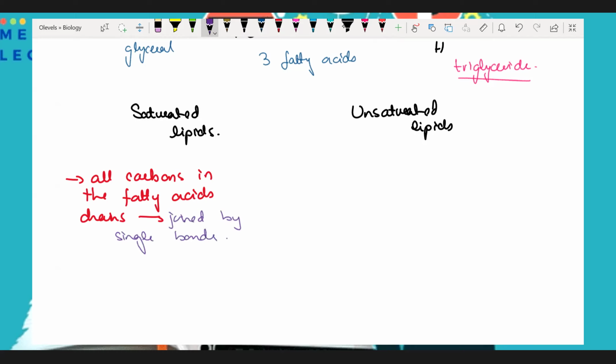While in case of unsaturated lipids, there is at least one double bond present between carbon atoms in the fatty acid chain,